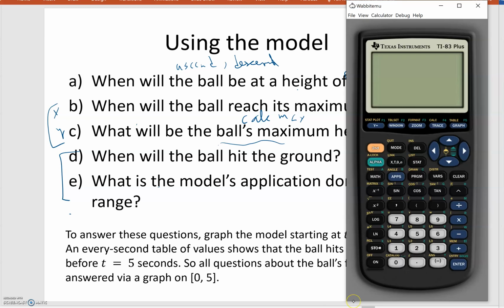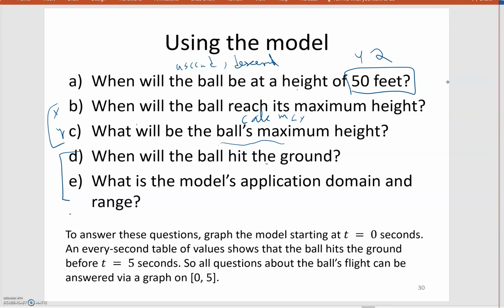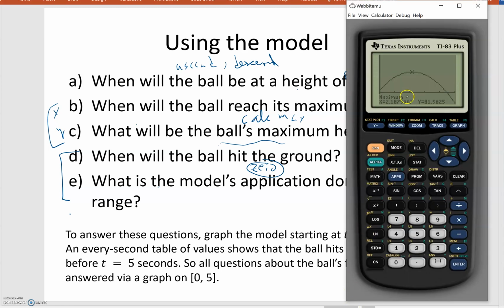Well, note that when the ball hits the ground, that's going to correspond to this point right here, which is height 0, right? So it's a 0. Basically, it's just a 0 of the function. So not 0, but a 0 of the function. There's another one over here, kind of off of the calculator, but that's before the domain actually began, because we don't begin the domain until right here, so we only care about this 0 over here. So we're going to go to second calc 0,